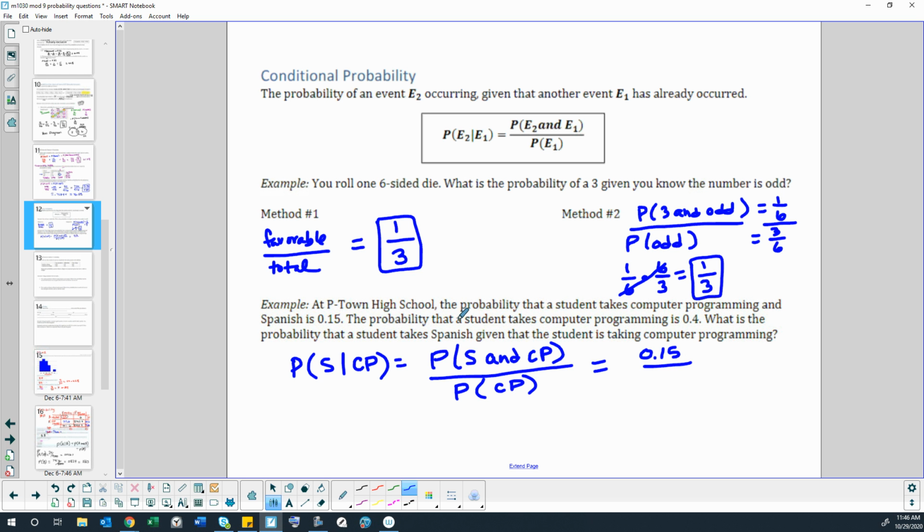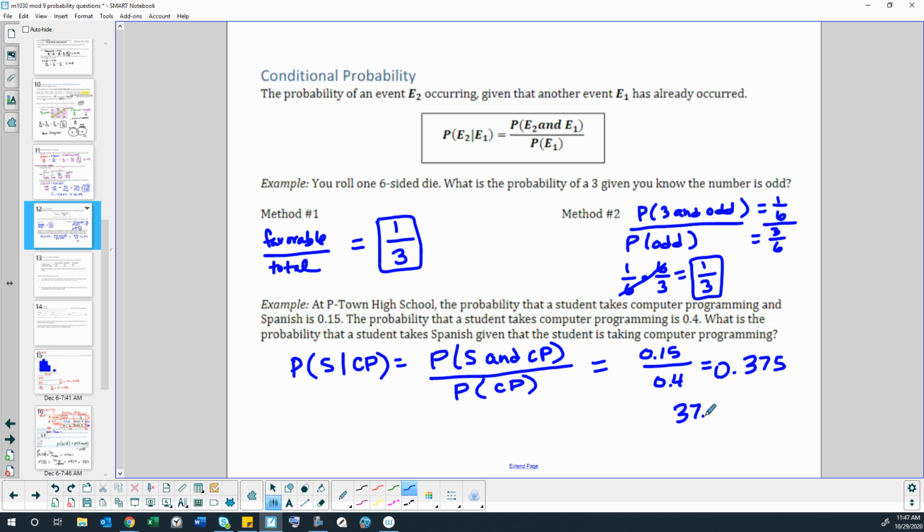The probability of a student taking computer programming is 0.4. So the probability that one of those computer programming students is in Spanish would be found by taking these two numbers and dividing them. So taking my calculator, I get 0.15 divided by 0.4, which divides out to 0.375,